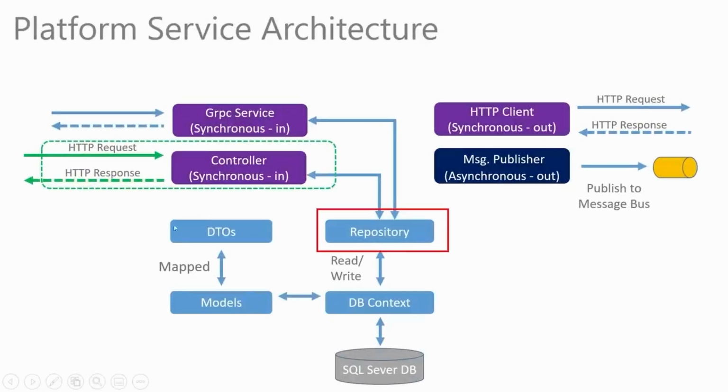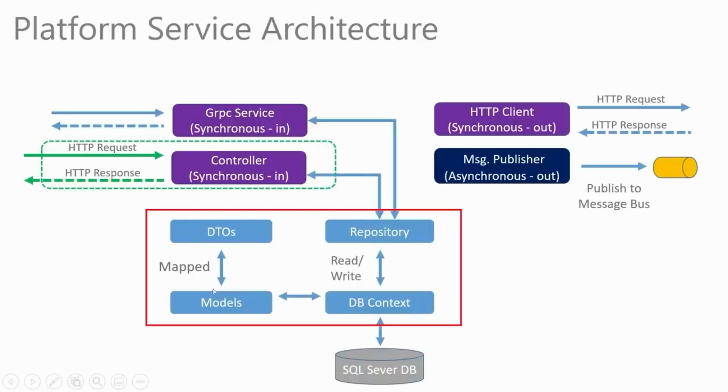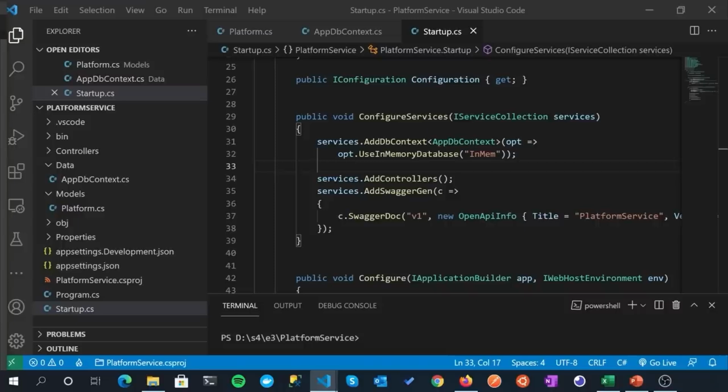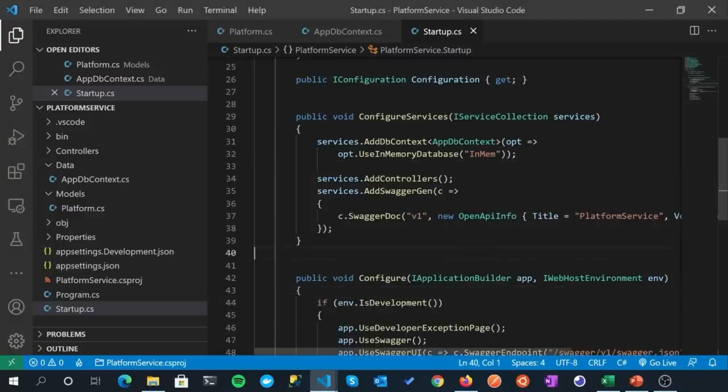And really what I want to try and do is get all this blue stuff, this data stuff, set up before we move on to the more interesting stuff. Not that this isn't interesting, but we get all this wired up and then we can move forward. So repository next. All right, so back over in our project, I'm just going to get rid of this terminal for the moment. It gives us a bit more space on our screen.